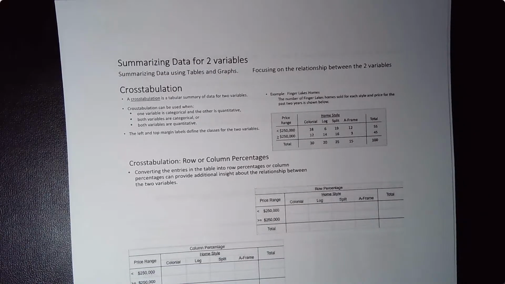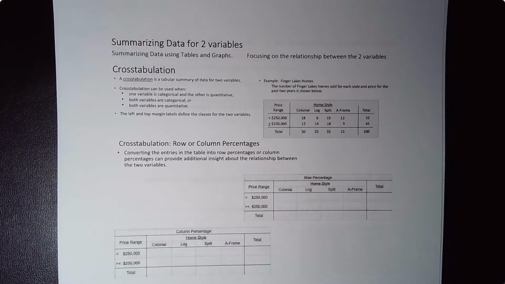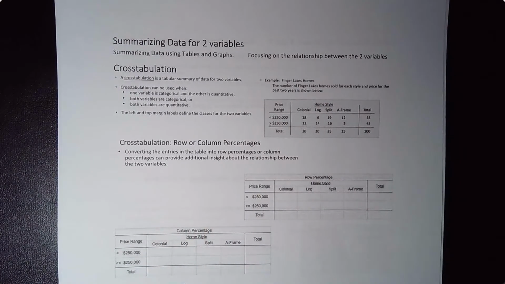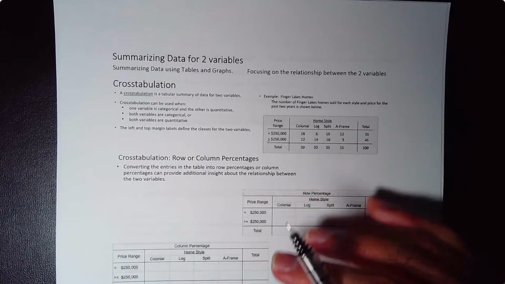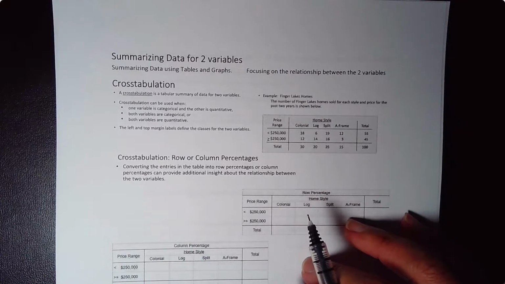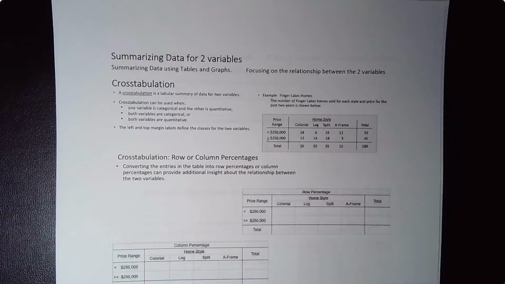All right. Now here is summarizing data for two variables. Now this actually showed up in your textbook in chapter 2. But I wanted to focus more on a single variable, and then after we get familiar with how to deal with a single variable, then we can add how to summarize data for two variables. Some of the stuff, we will come back and visit in later chapters on regression analysis. But right now, just some basic